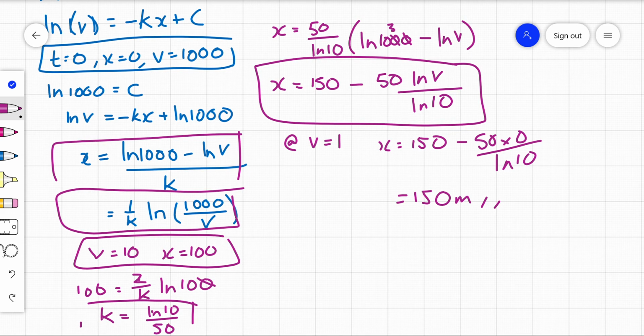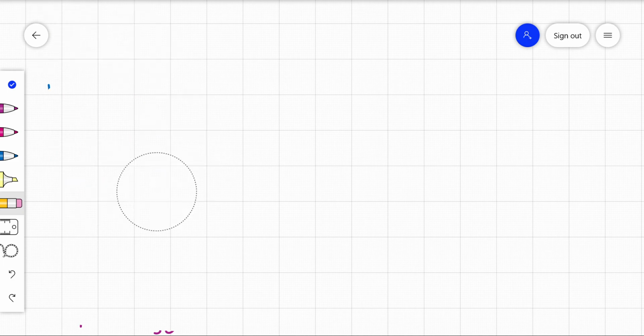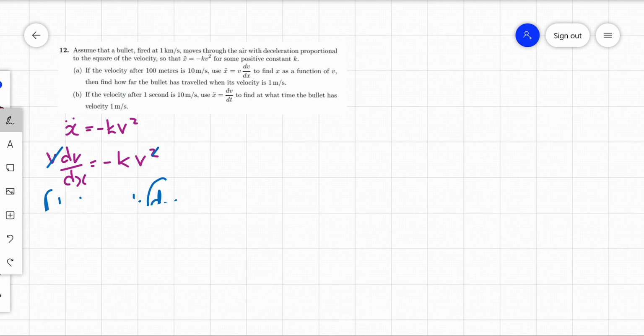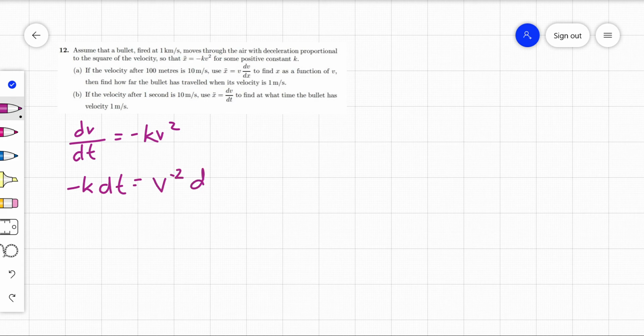So for B, let's get rid of this. Hopefully you've got that written down. Alright, so let's go back to the question here. So this time it wants us to use dv/dt for our acceleration. So we've got minus k, dt and v to the minus 2 dv. All right, so we're going to get minus kt, and we're going to get minus 1 on v plus